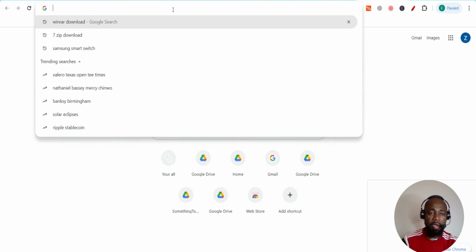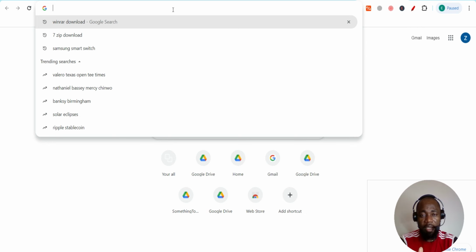Here we have, I'm on Google Chrome. You need to already have a Gmail account. Your Gmail account will give you access to several other Google services, one of which is Google Drive. And in this case, we are going to share our files. We are going to upload our files to our Google Drive account and then share a link to the folder